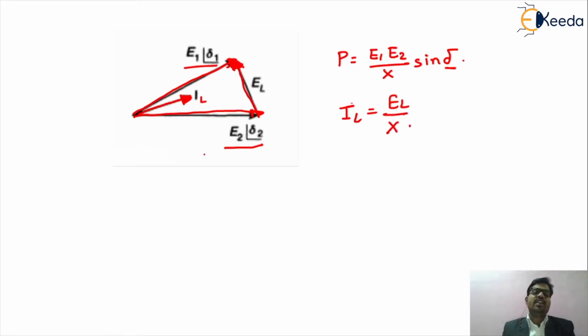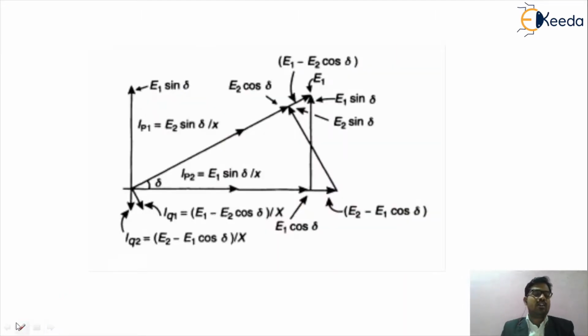So this is a very important phenomenon for understanding the derivation of the dynamic stability of a transmission line. Okay, friends, now we will discuss in detail the phasor diagram of your transmission line. As shown in the diagram, we get the active and reactive power phasor diagram of your transmission line. First of all, we get the value of the active power component and reactive power component. Please follow this line.